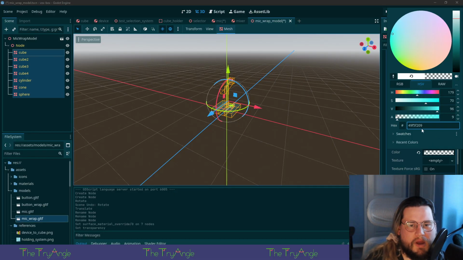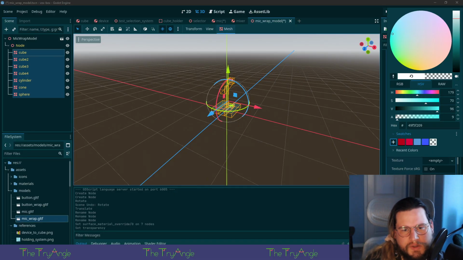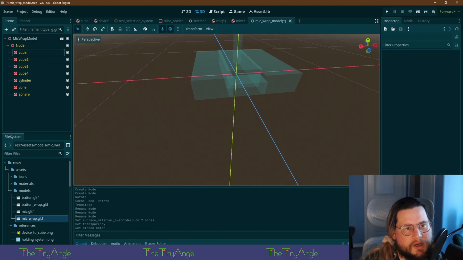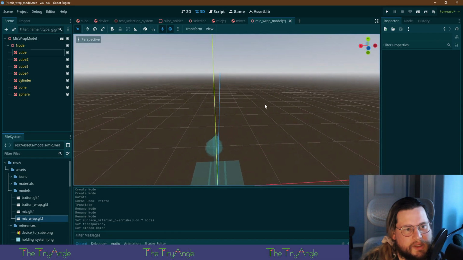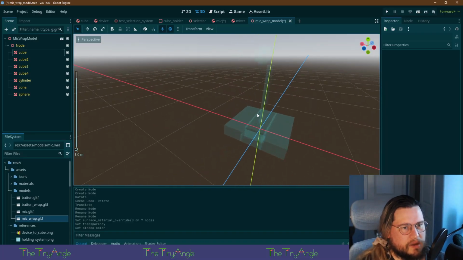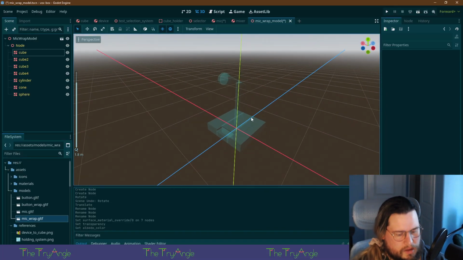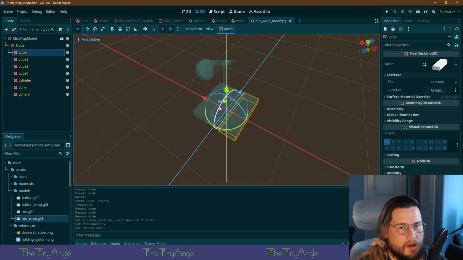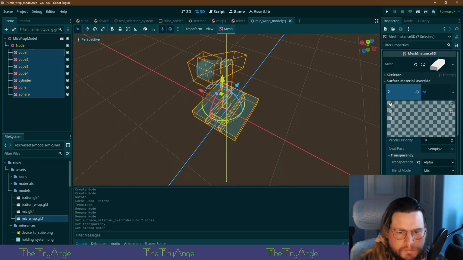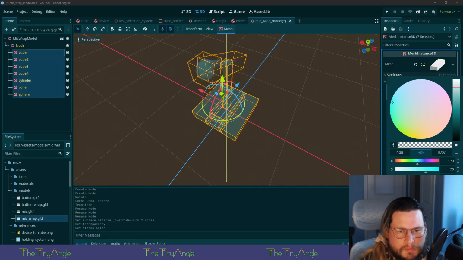All right. Save that. It's very light, I know, but it kind of needs to be. You know what? We probably want it to glow a little bit. That's good. There you go.